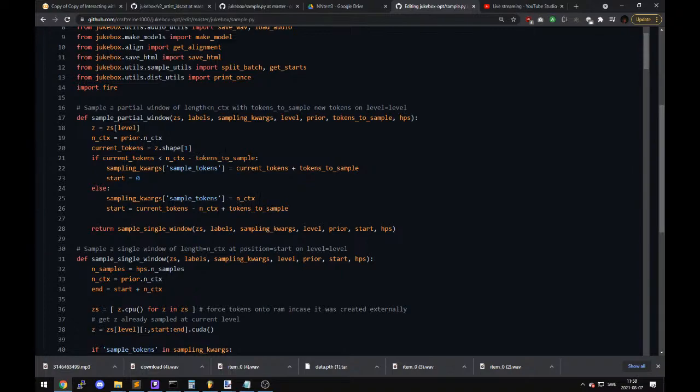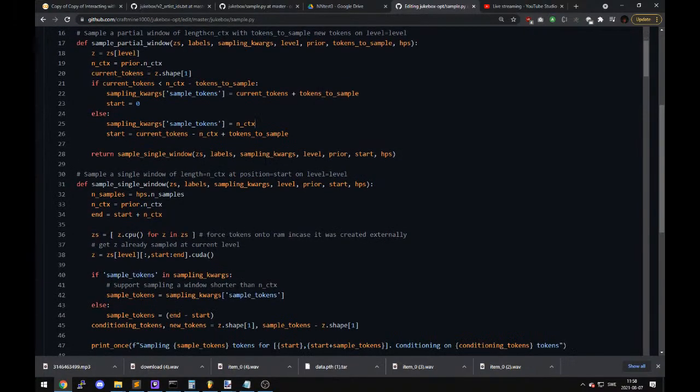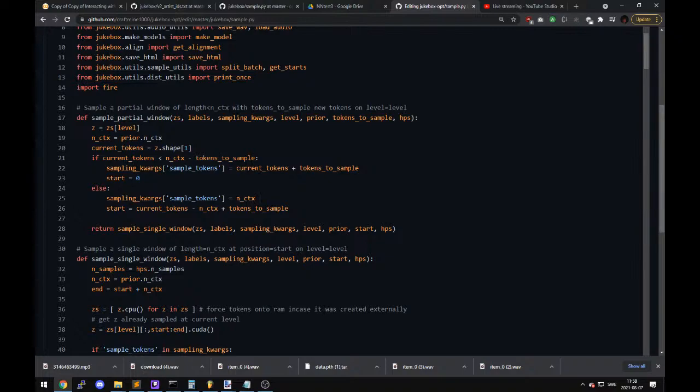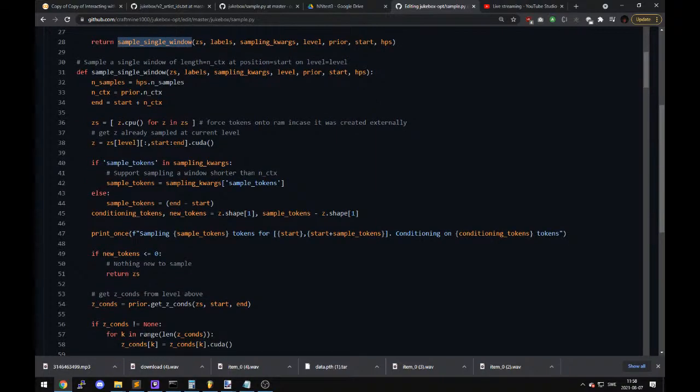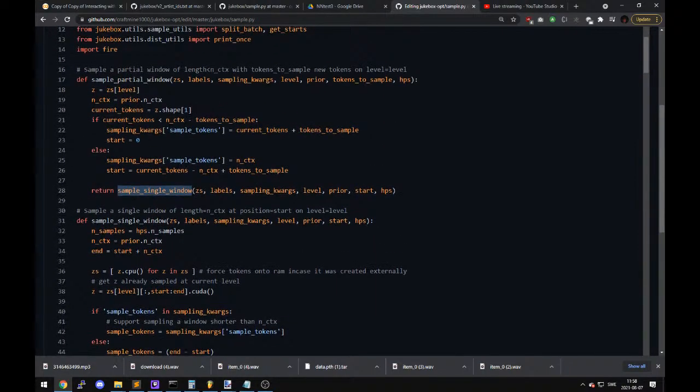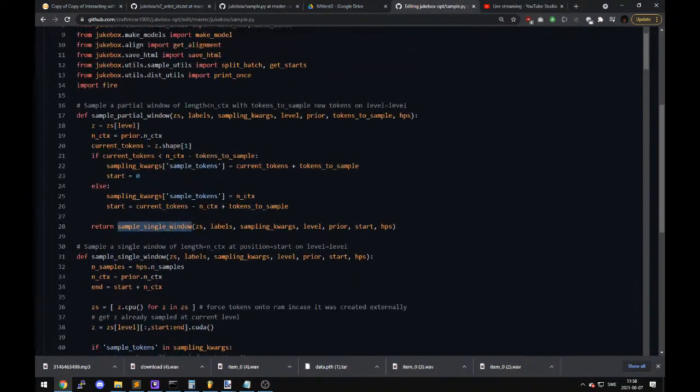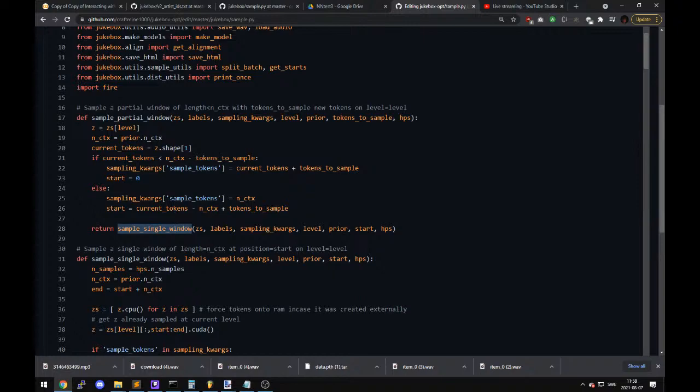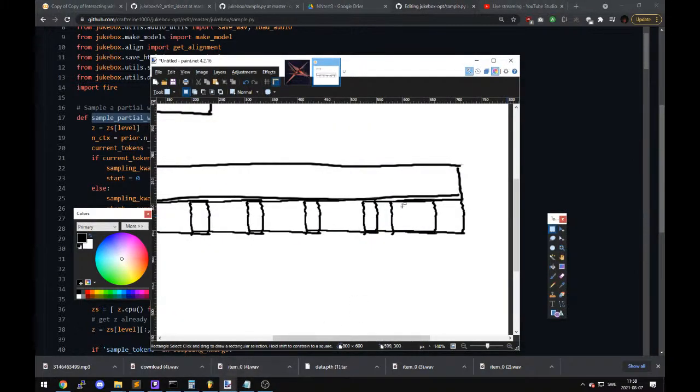It is also going to be in the beginning for partial, for single. Whatever. I'm tired. This is what I use in my... So it needs to work on this level, basically, for single window. Partial window turns it into a single window if it can, if there's enough context to slide it backward, as shown here,